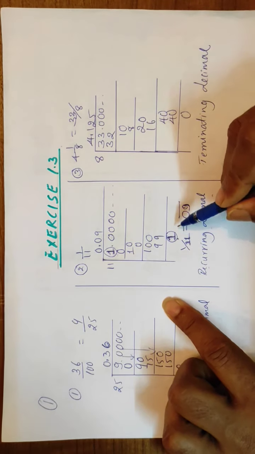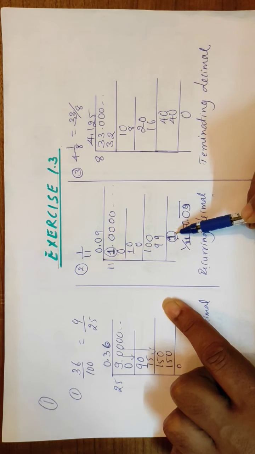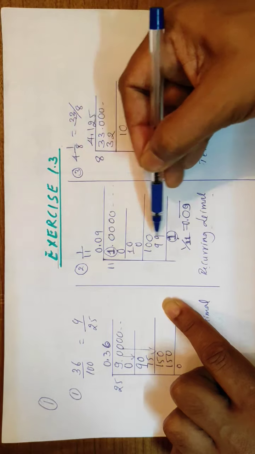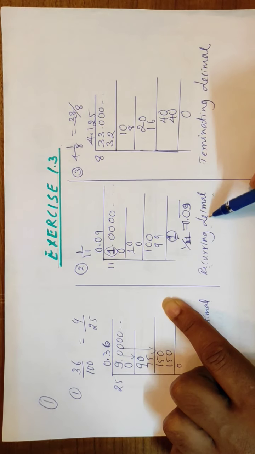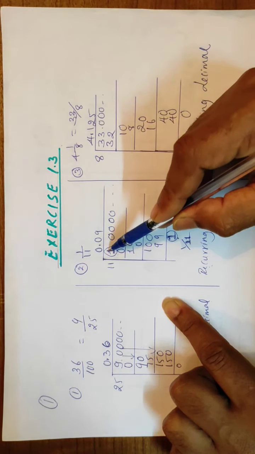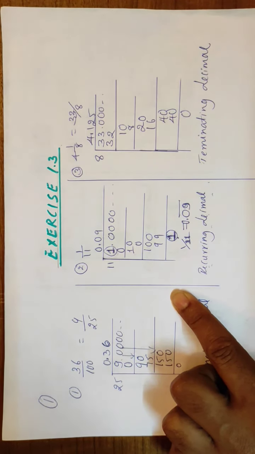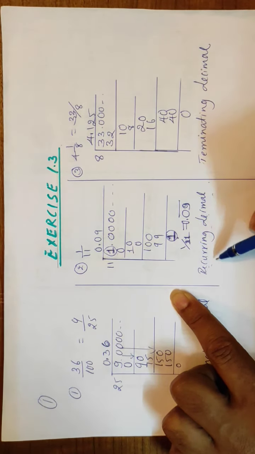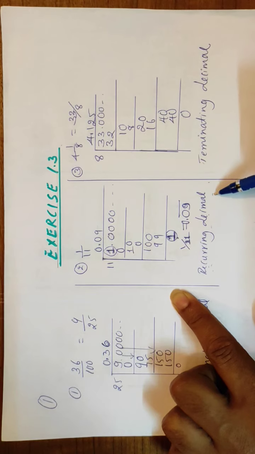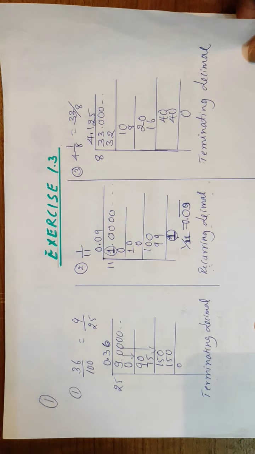In the second one, we start with 1 and the remainder at this stage is 1. That means the same process will continue once again, so it has recurring decimal. That itself gives you the idea that the same procedure will continue further. So we can write this rational number has recurring decimal expansion. In the same way you can discuss the remaining questions also.